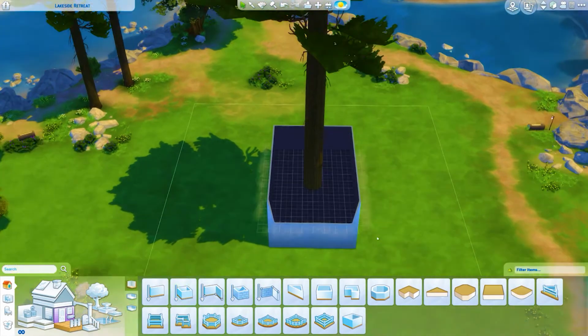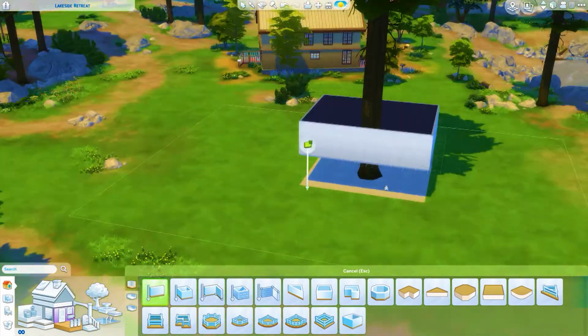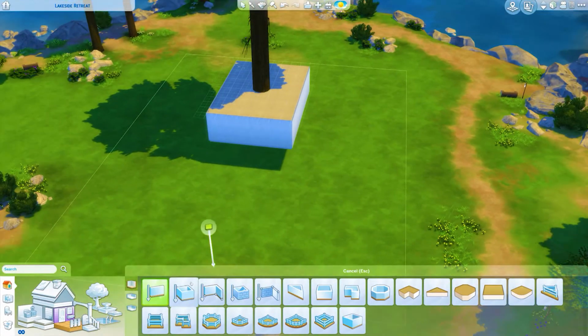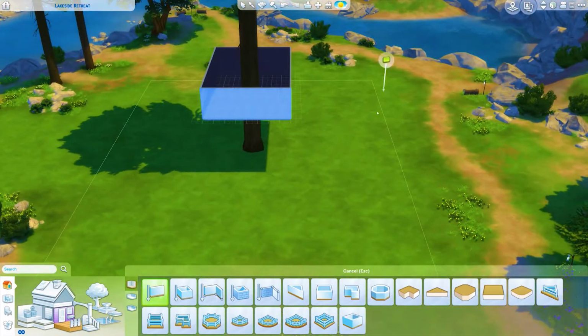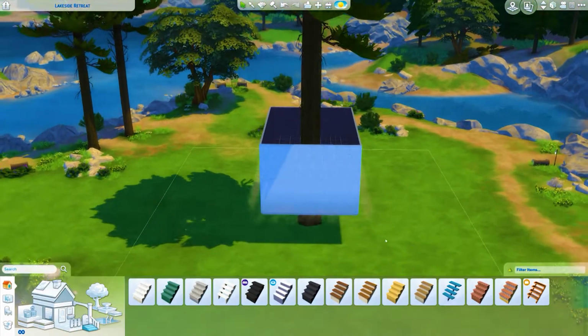Today is a speed build of basically a treehouse build, but I've decided to make it quite a modern eco style build. I've never done anything like this before. I haven't played a lot with experimental building techniques, so I do struggle a lot in this,